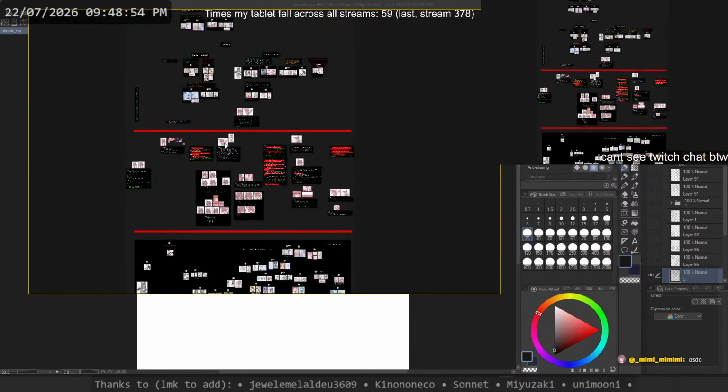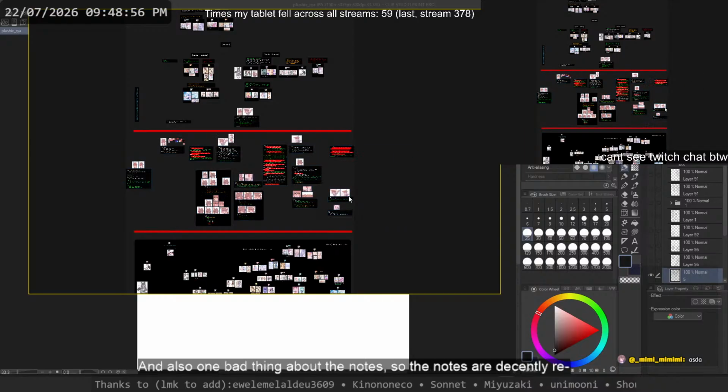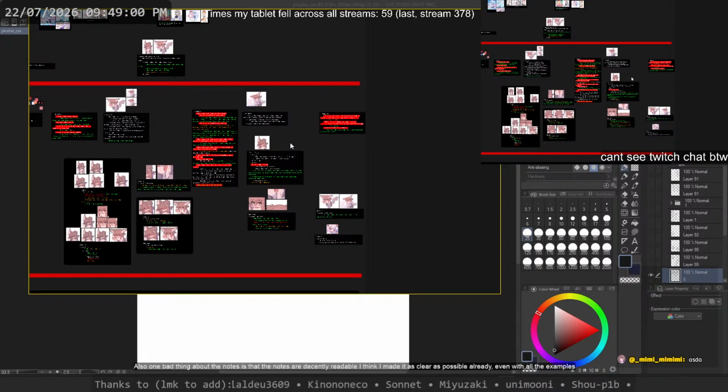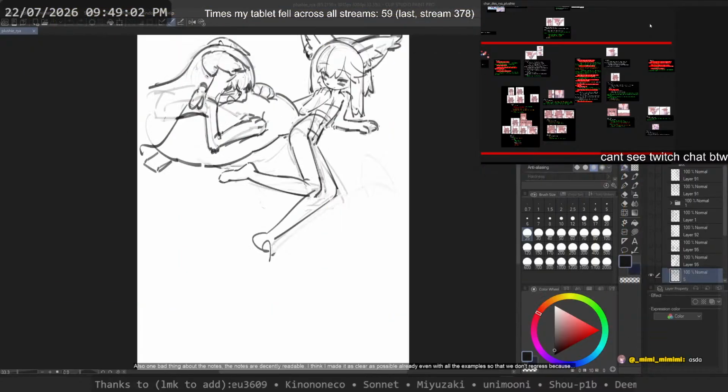Also, one bad thing about the notes. The notes are decently readable. I think I made it as clear as possible already, even without the examples, so that we don't regress, because I forgot what the words mean. But there is still a problem of staying consistent across the board, because the notes only state stuff that